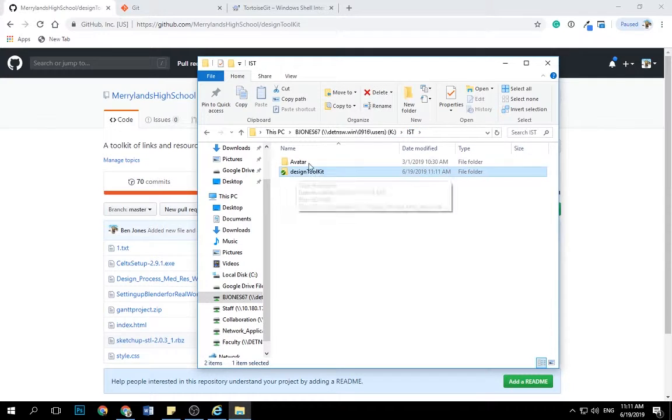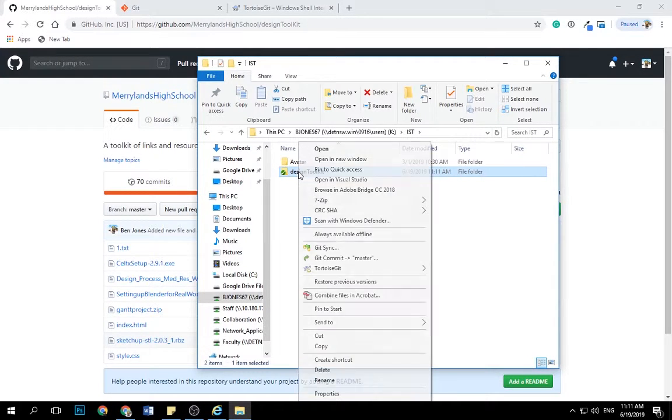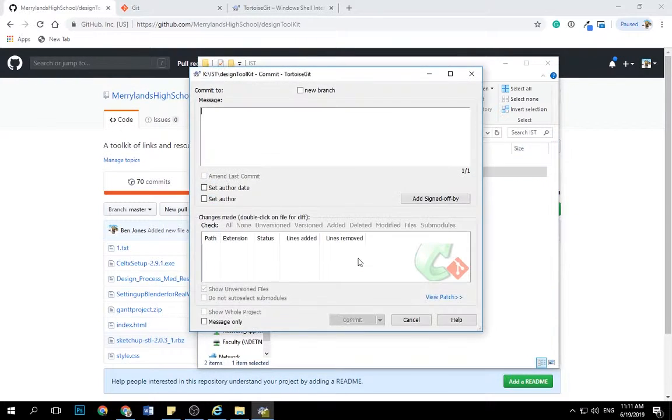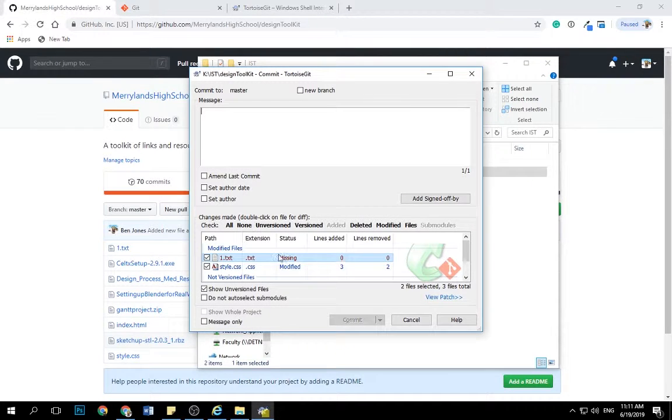So I go back where this folder is, and this little green tick here is from Tortoise, so it's telling us that this is a repository. I right click, and I'm now going to do git commit. And what that's going to do is, first of all, commit the changes to the git file. So it's just done a quick process, and it's found that I've removed this file, I've added 3 lines, and